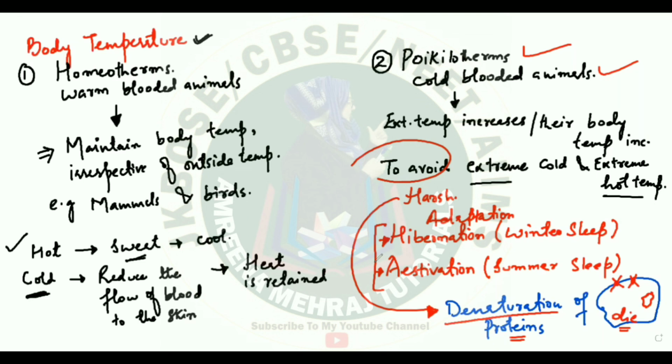Somewhere we will see the animal having an aquatic habitat, somewhere it is having a terrestrial habitat. Some animals we'll see having asymmetric body, some having radial symmetry, some having bilateral symmetry. You will see some having cell aggregate body plan, some having blind sac body plan, some having tube within the tube body plan. We'll see some with cellular level of organization, some with organ level of organization, some with tissue level of organization. We'll see somewhere the organism will be coelomate, somewhere acoelomate, somewhere pseudocoelomate. Some animals will be triploblastic, some diploblastic, some will have one type of respiratory system, some will be homeotherms, some will be poikilotherms.